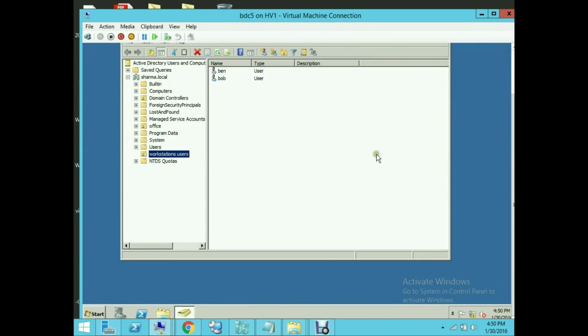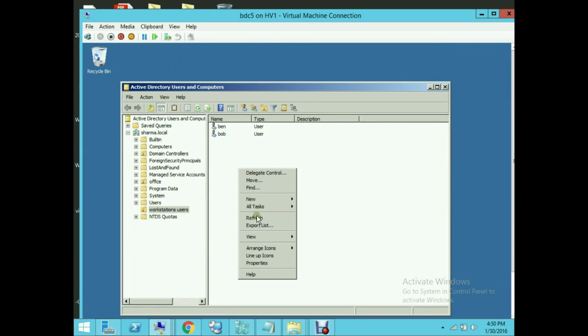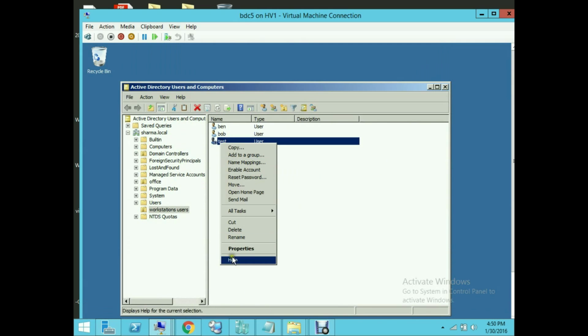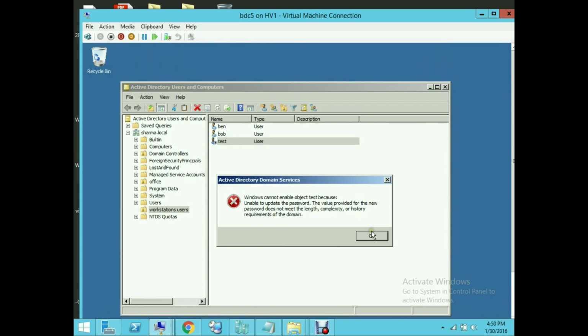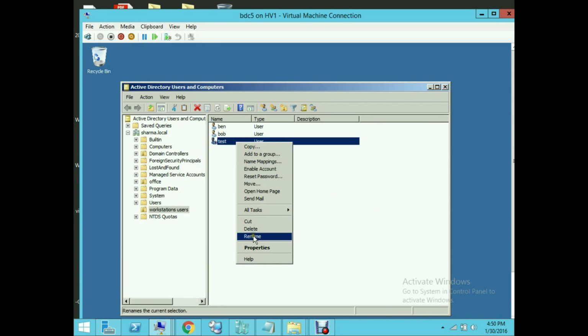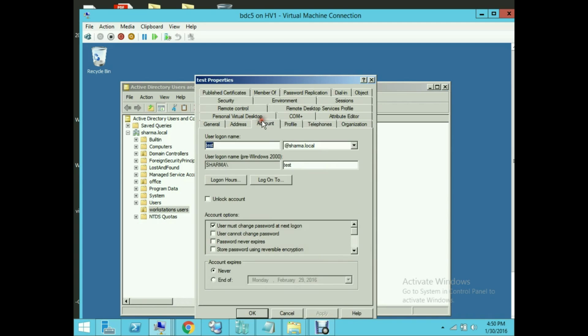So let's go back to our Active Directory Users and Computers. Let me just refresh, and as you can see, the user has been restored. Just to make a point here, whenever you restore any object, it is disabled, so you need to enable the account. As you can see, there's an arrow down, which means that we need to enable the account. So let me just go to the